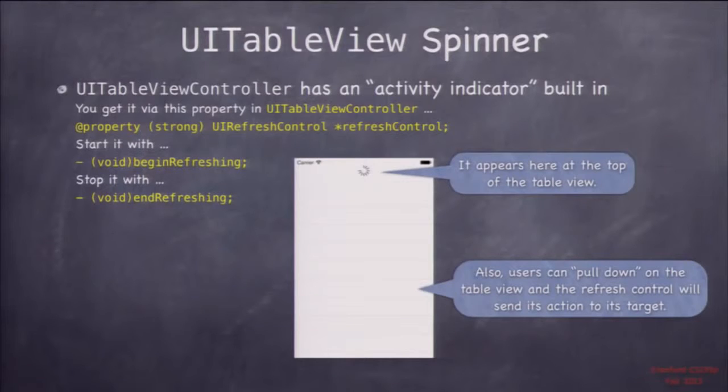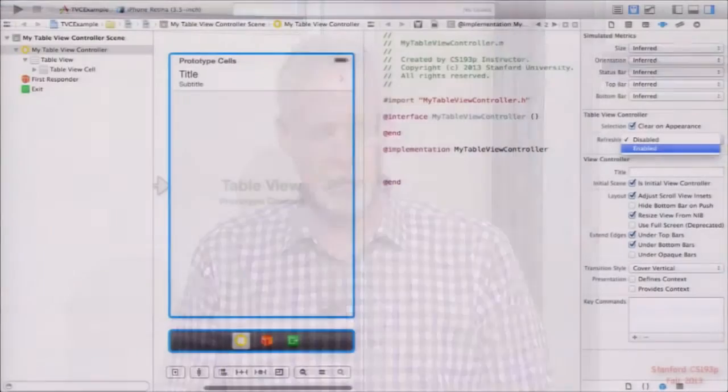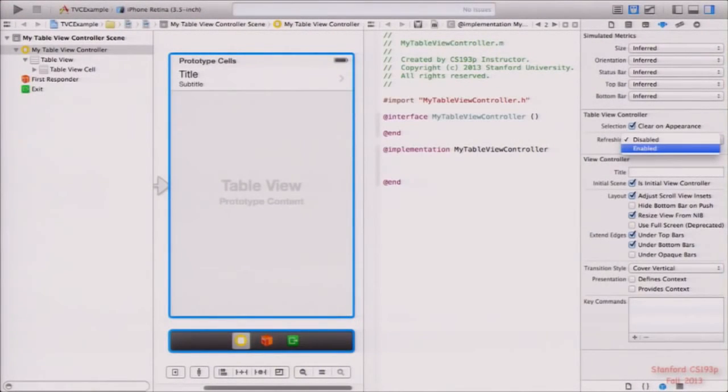Table view controller has this property called refreshControl, and it's a little spinner. You just send beginRefreshing to it, and it'll start spinning. You say endRefreshing to it, and it'll stop spinning. And what's really cool is that you can make it so the user can pull down on the table view to reveal that spinner, and that will call a target action, and you can refresh your table, reload it. So in other words, you can let the user control the refreshing. And so it would look like this. So here's my table view controller there. I haven't added the